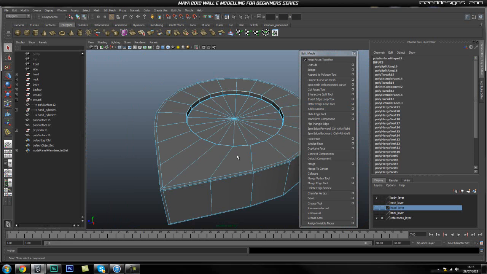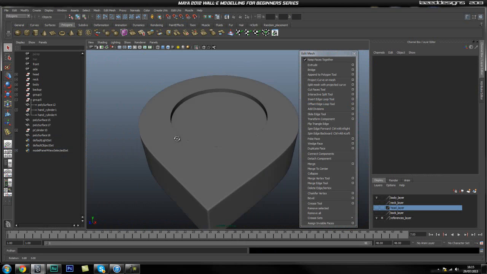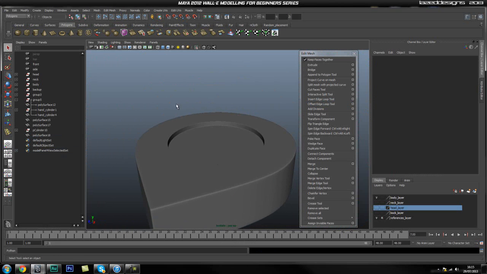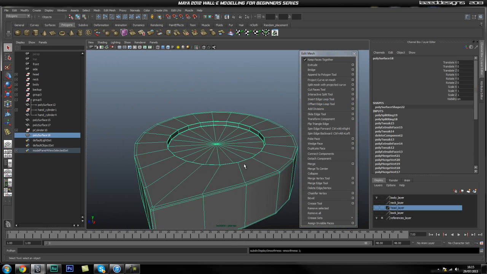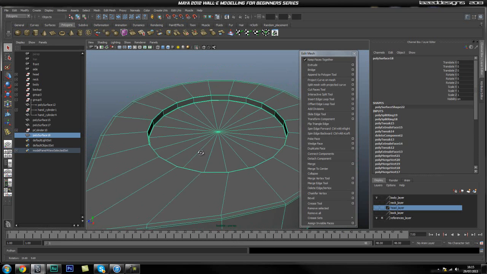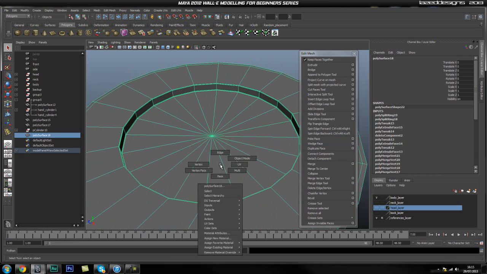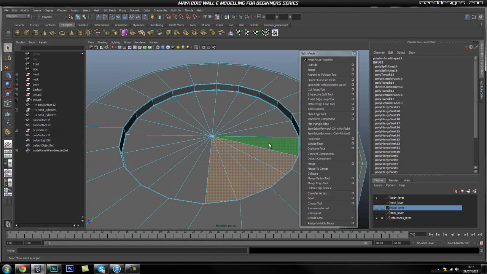Okay, so now if you smooth this, you've got this nice little rim around it. So now that we have that, I was trying to think if we should make it as a separate piece, but yeah, we'll make it as one piece instead. So we're going to select all these faces again,